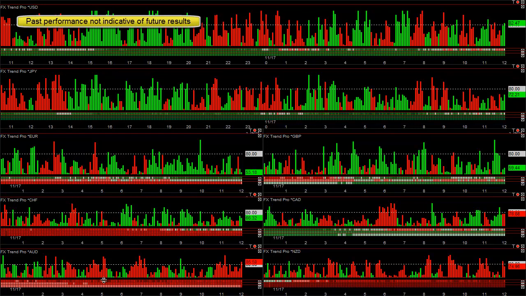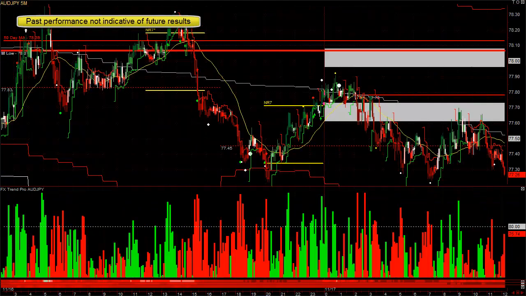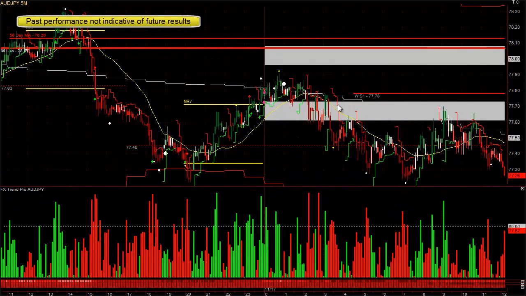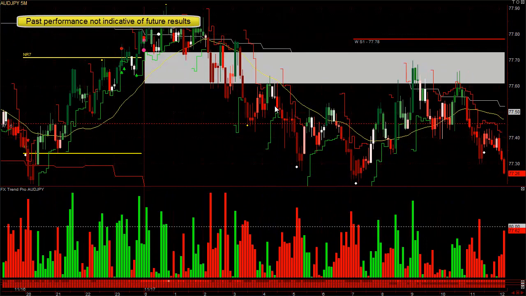So this coming up to a little bit after 6 right here, you'd be looking to trade the Australian yen as well. So let's bring this up. Now this is a wonderful trade because in this currency, it broke underneath the hourly moving average. And so when it comes back up